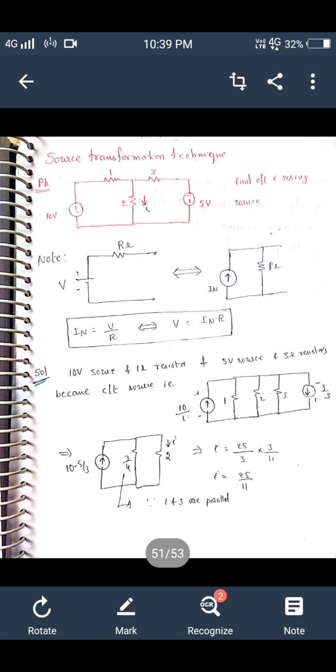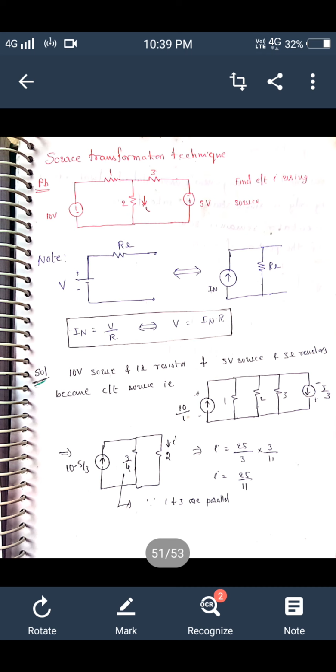Already we discussed that a practical voltage source is nothing but a voltage source connected in series with some resistance, and a practical current source is nothing but a current source connected in parallel with some resistance. By converting voltage source into current source or current source into voltage source, we will calculate the response in